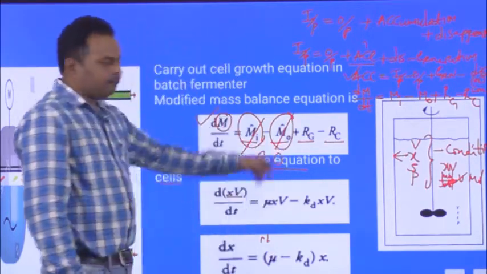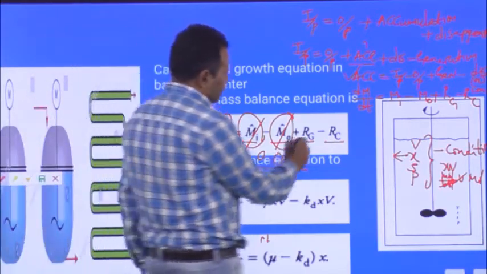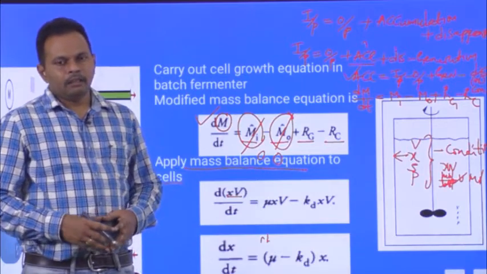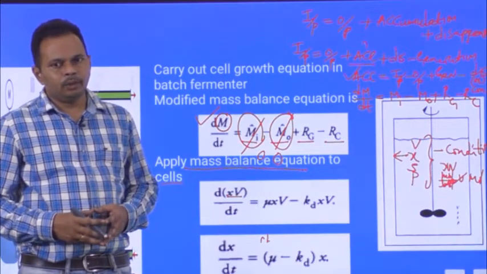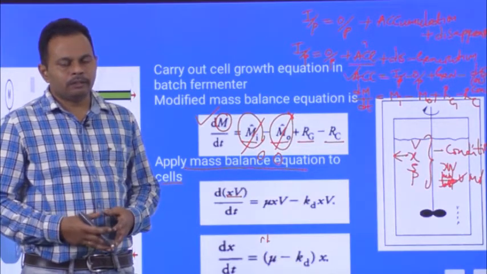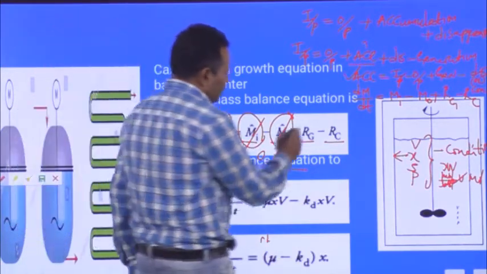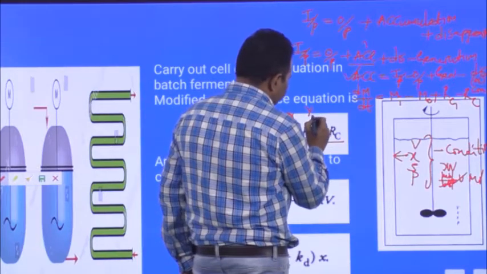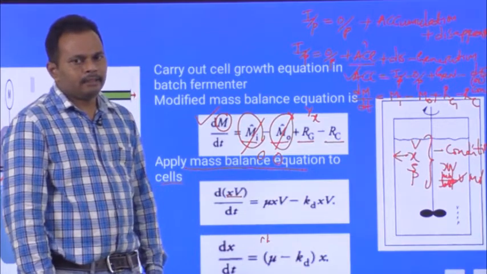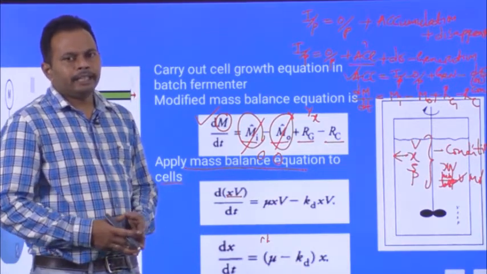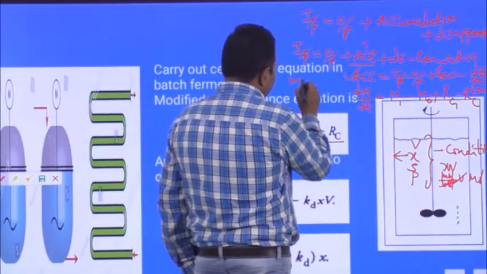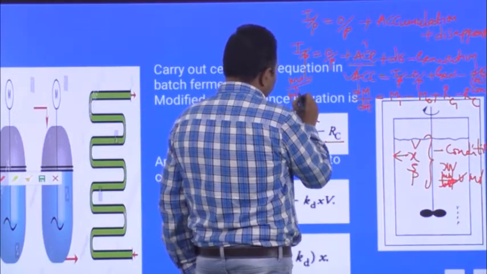And what is Rz? Rz is the rate of generation of the cells, since this is the biological reaction, nothing but the cell growth reaction. During the biological reaction, one cell divides into 2, 2 into 4, 4 into 8 and 8 into 16, so we have cell growth. Rz can be written as Rx. Rx is nothing but the rate of formation of biomass or cells. Since cells are generating, the rate of reaction is positive. What are the units of rate of reaction? Units are moles per meter cube per second.